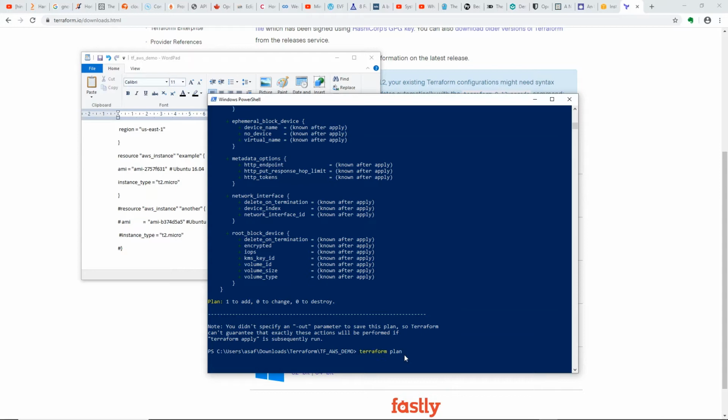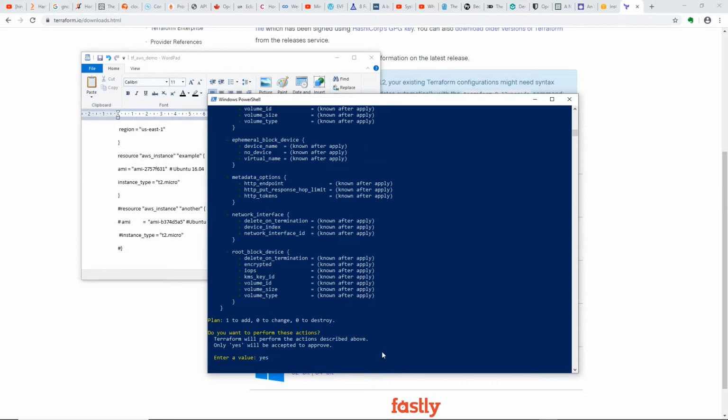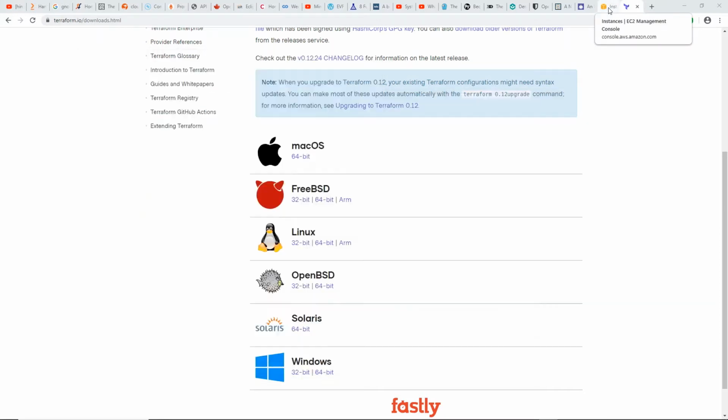So I'm going to say I'm good with the plan. So let's apply the change. You can see it's going through and it's now prompting you to enter a value. I say yes, I would like to create this instance, and now I quickly go to my